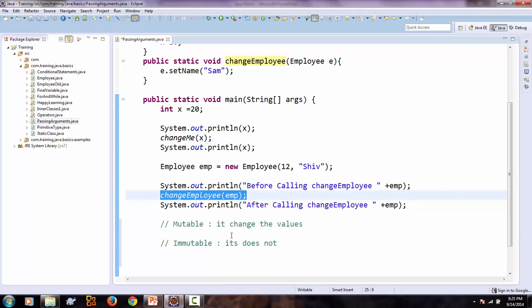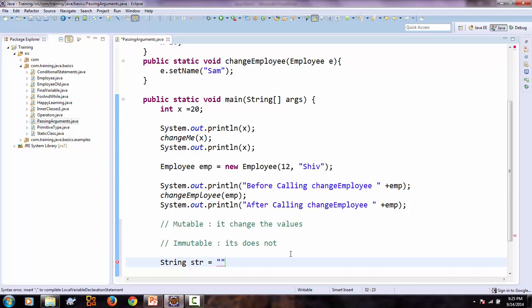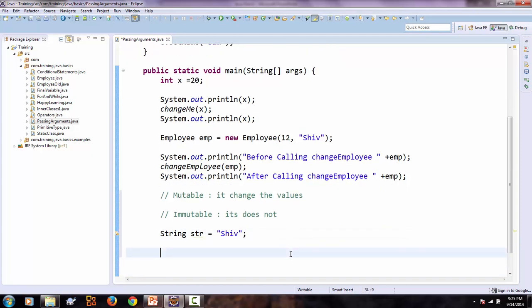In case of immutable, when you try to modify, it does not modify the current reference, it creates another reference. So if you take one example, a string in Java is immutable. So if I create str is equal to say Shiv, and if I call one method